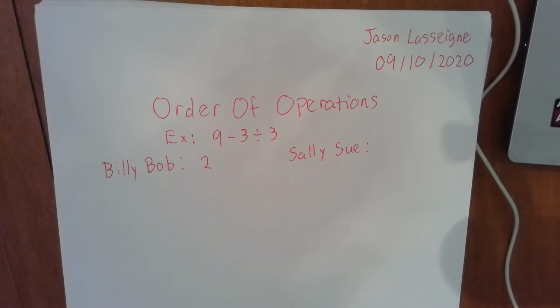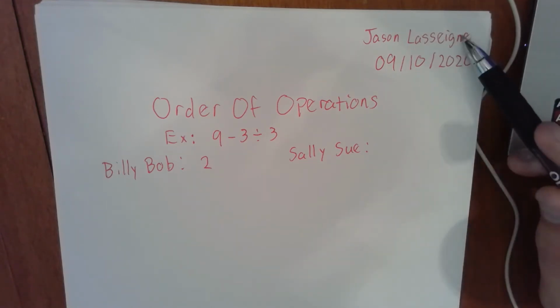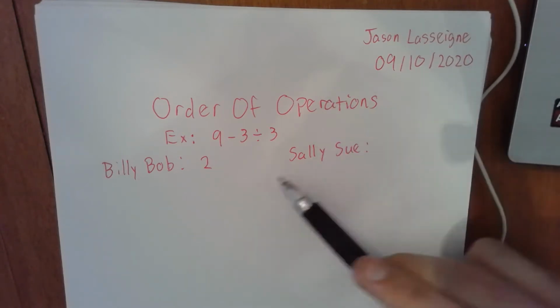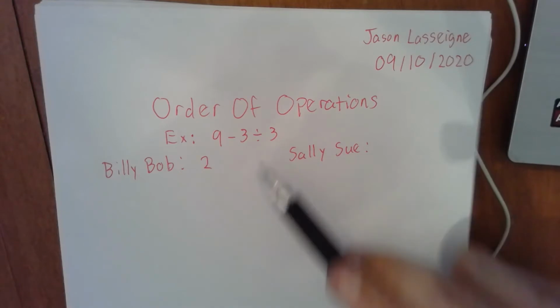Okay, if you're watching the recording of this, I forgot to start recording at the beginning. You should write your name, write the date, the title, and then I'm giving an example here, 9 minus 3